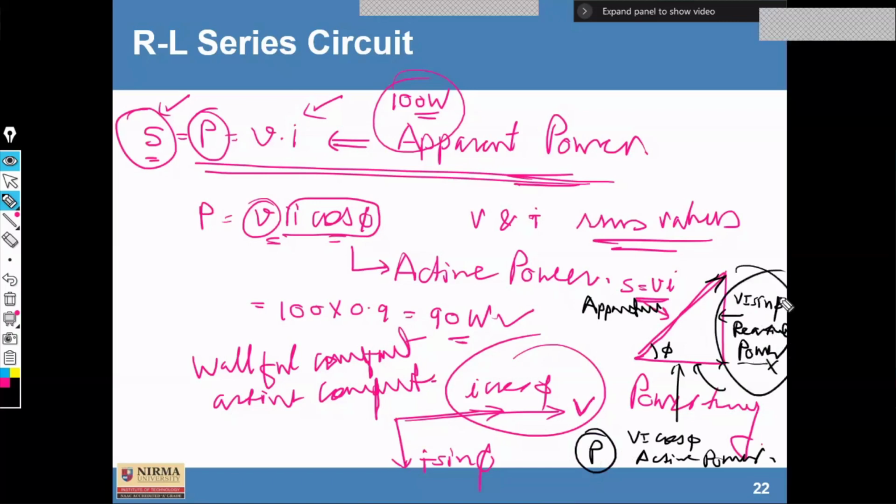So there is a whole subject of active and reactive power in electrical engineering. We are not going to discuss much more about this active and reactive power, but a little bit of knowledge is required, because now onwards we are going to use active power instead of apparent power. That is what we are going to calculate, only if the circuits have different elements connected in series or in parallel. Got it? Okay.